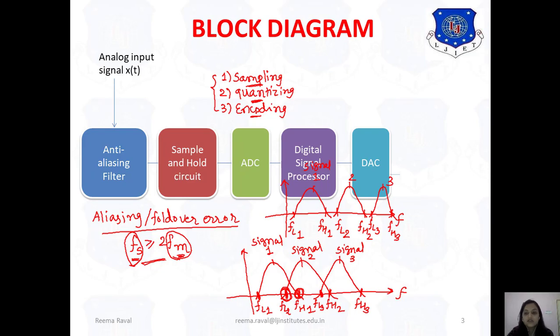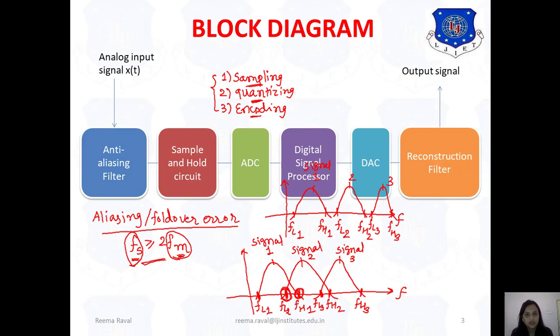Now this analog signal is given to the next block, which is the reconstruction filter. The reconstruction filter is basically a low pass filter which will remove the high frequency components or else noise components which are unnecessary, and it will remove those components by allowing the pure signal to pass. Okay, so the reconstruction filter will remove unnecessary noise components from the signal and it will give the output signal. So here the output signal will be analog in nature. Okay, so this is the basic block diagram indicating elements of digital signal processing system.